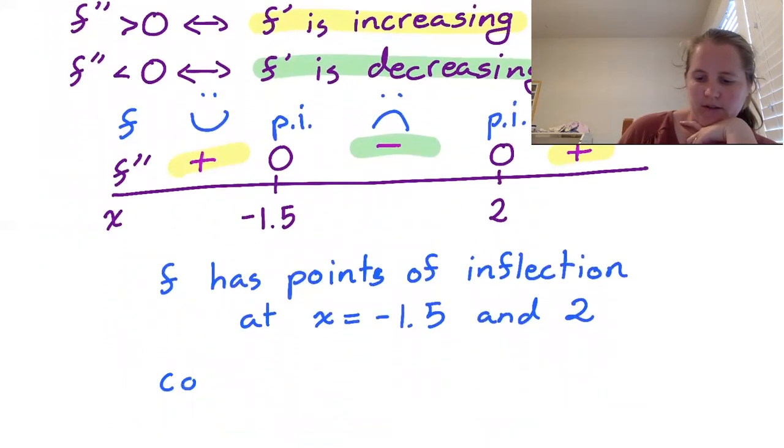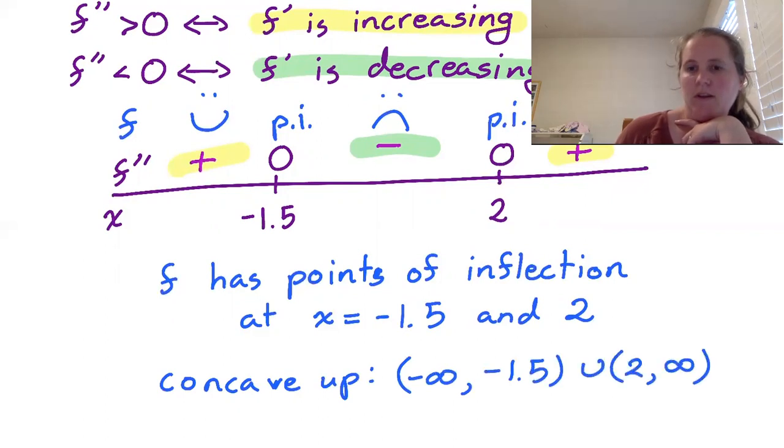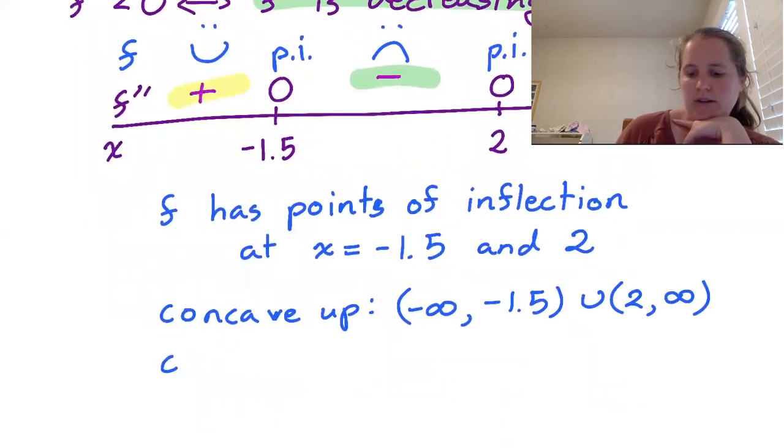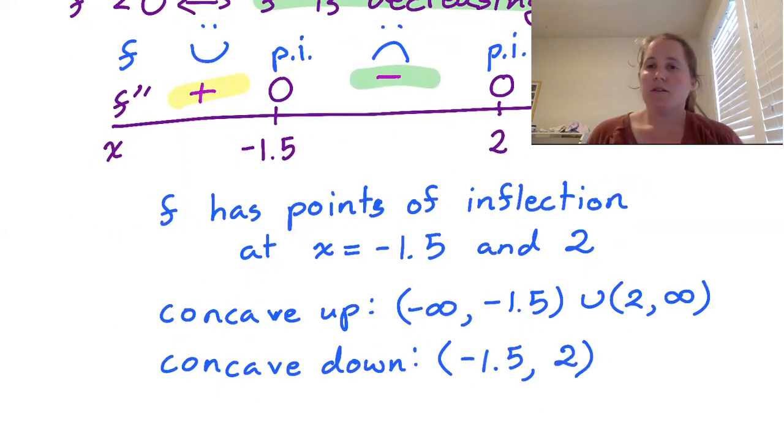It's concave up for negative infinity to negative 1.5 and 2 to infinity. And it's concave down between negative 1.5 and 2. So putting this all together,